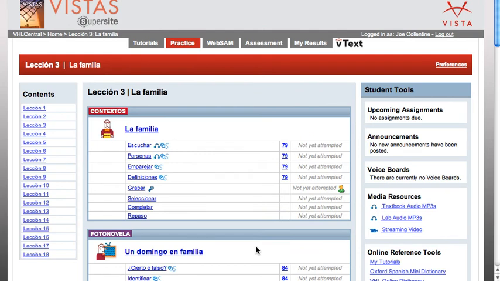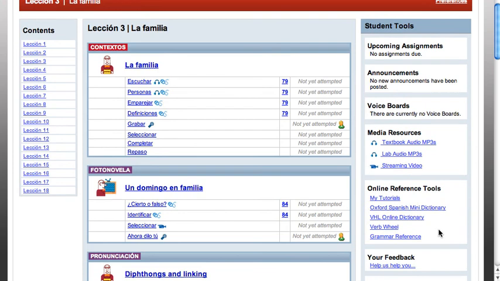Finally, you will notice on the right side of the page a column that says Student Tools. You need to be very well aware of the information that is there. Your instructor might post announcements there. You also have here media resources such as textbook audio, video that corresponds to the course, a mini dictionary, some verb references and a grammar reference,